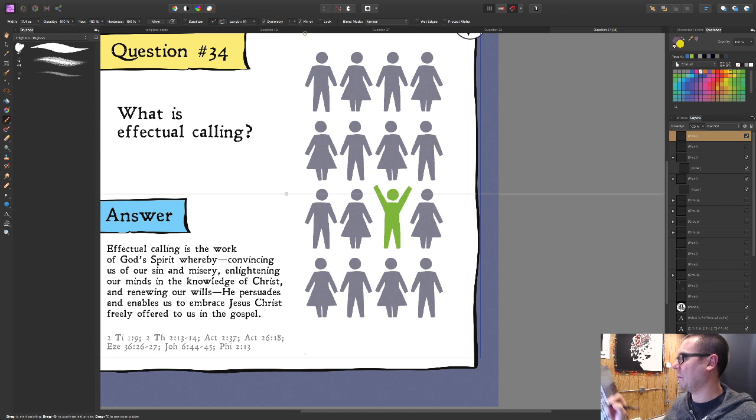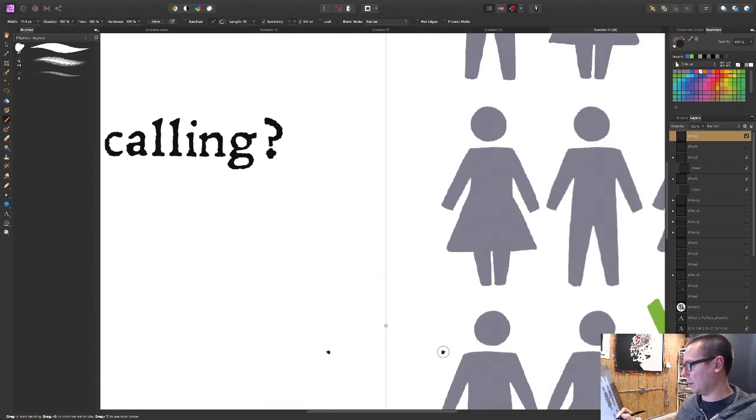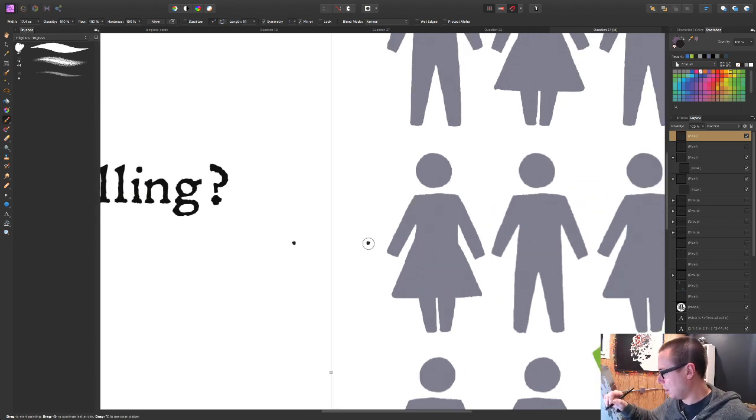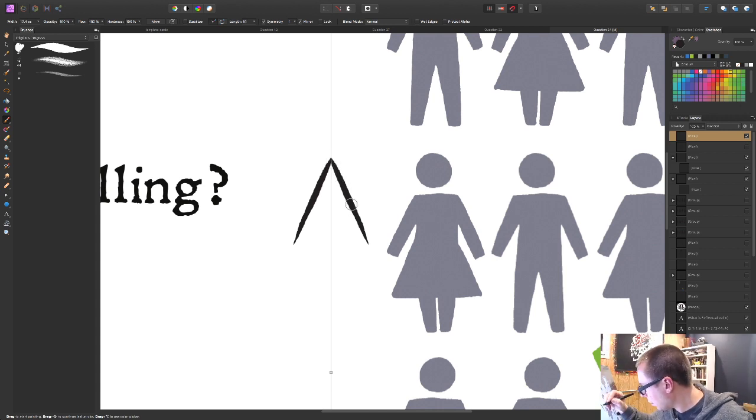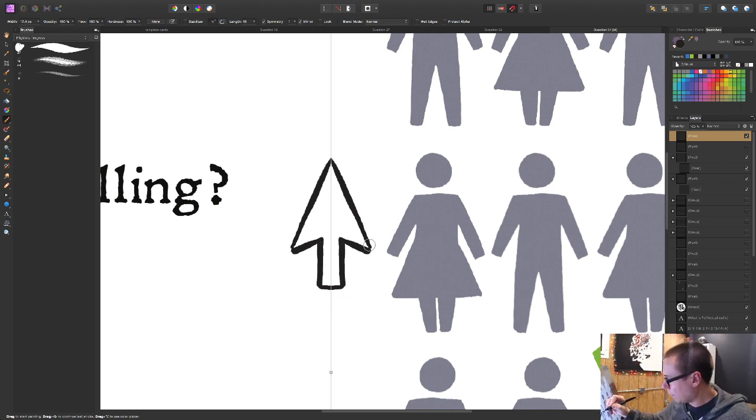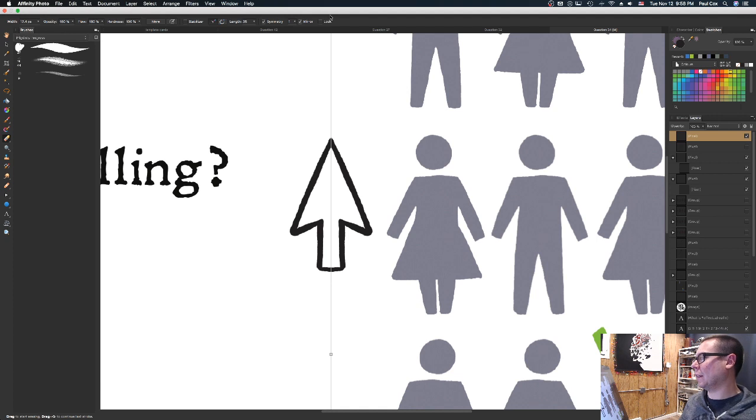I'm gonna do symmetry, mirror, and I'm gonna create the mouse. Bleed Husker red.